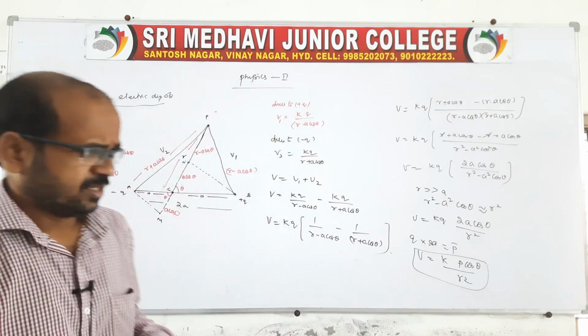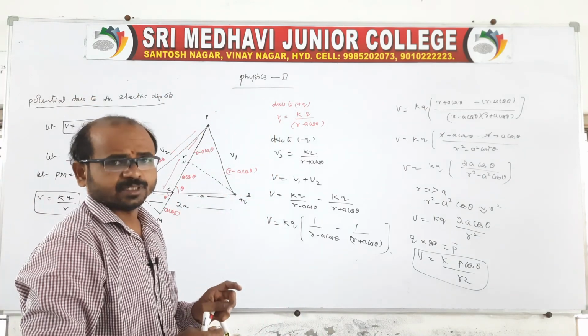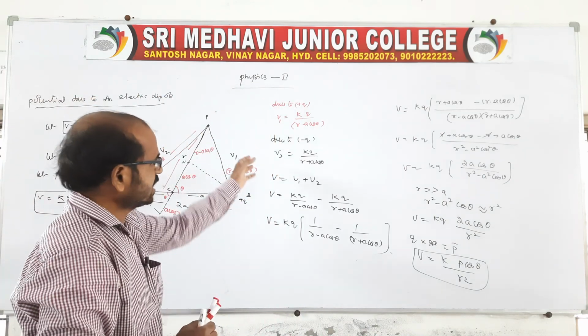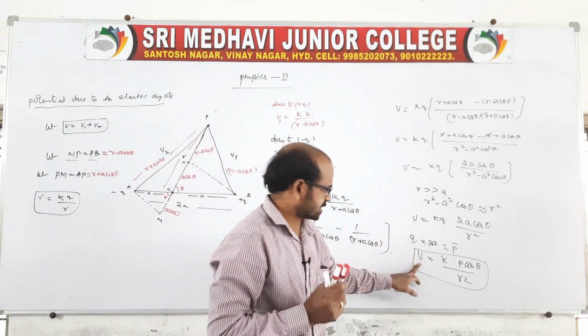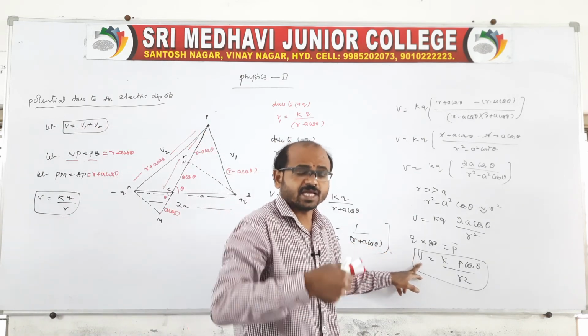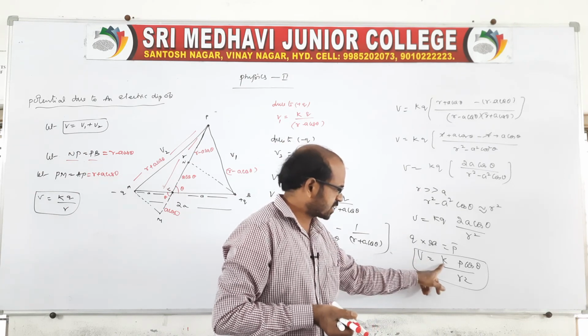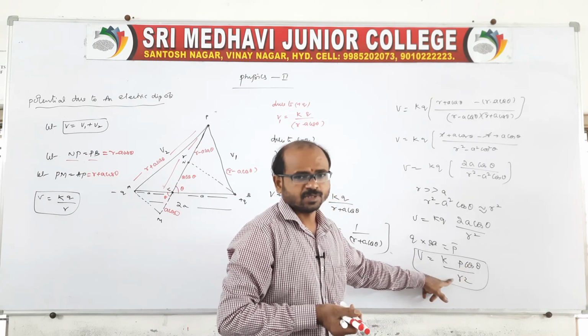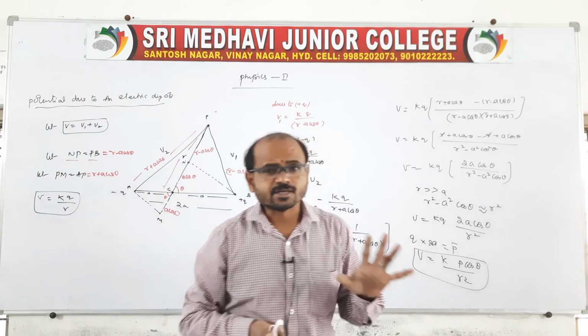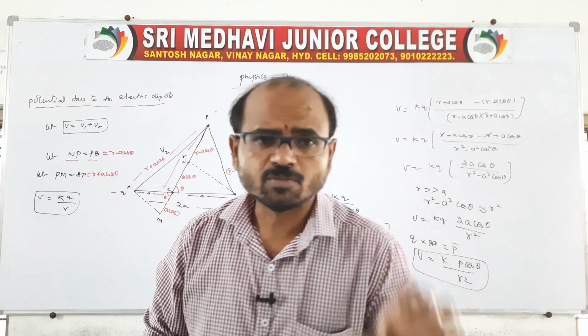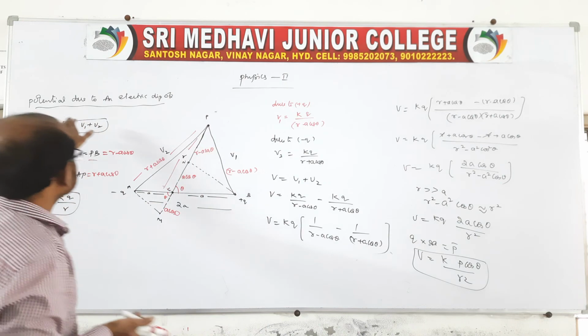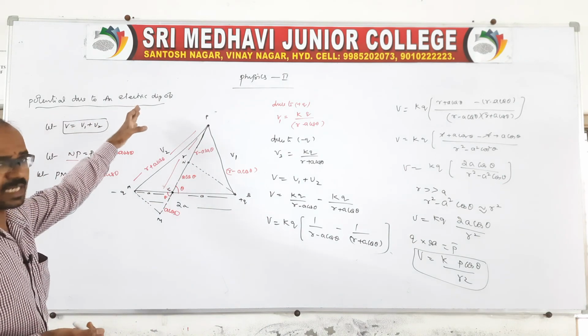Because there, actually, we discussed the electrical field intensity at any point. We used this expression to get the electrical field intensity at any point. So this is an expression: V is equal to K into p cos theta by r square. This is the electric dipole moment, or we can say the electrical potential due to an electric dipole.